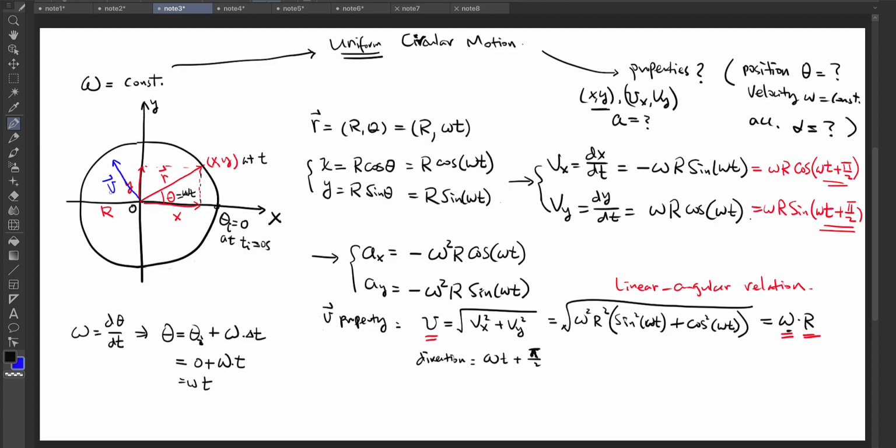And usually when we draw the velocity, we want to move this velocity to the location of this object. So we know the object is here, right? So we're going to move it here, a parallel movement of the velocity vector,